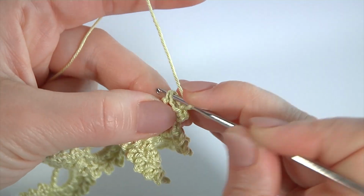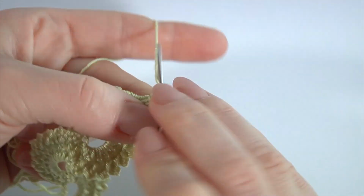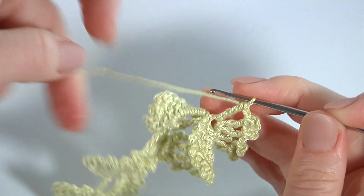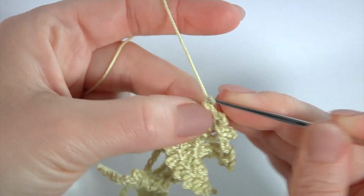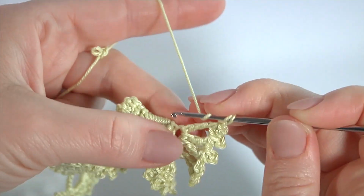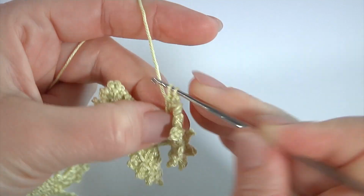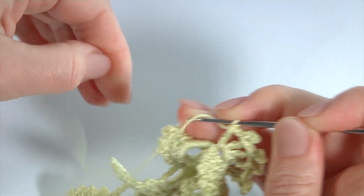and chain, 4 and chain, make a picot, and I will remove the knot. At this point I need to remove the knot. I have done 4 stitches with picots. I remove the knot so I can continue working on my lace tape chain